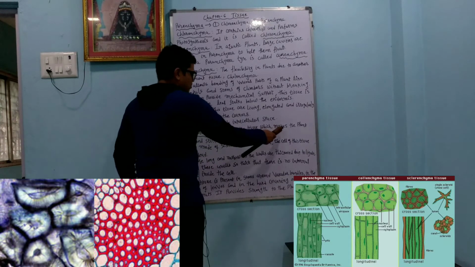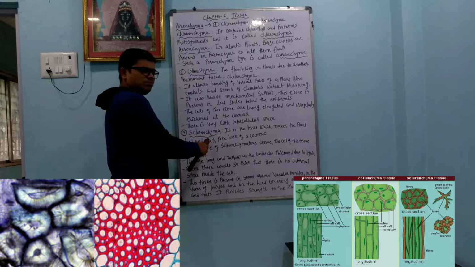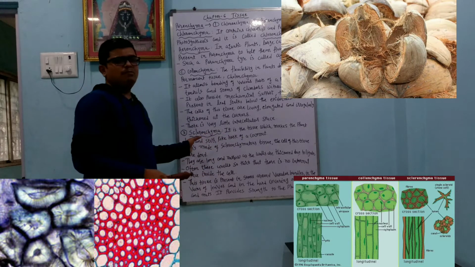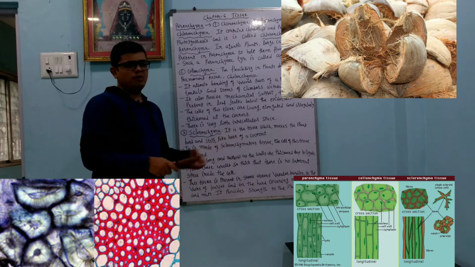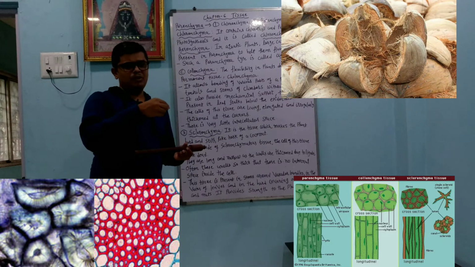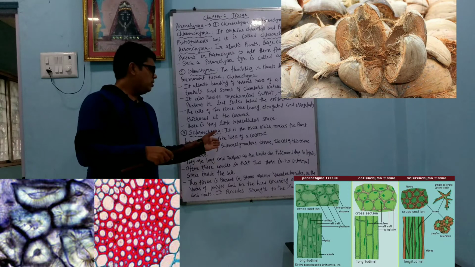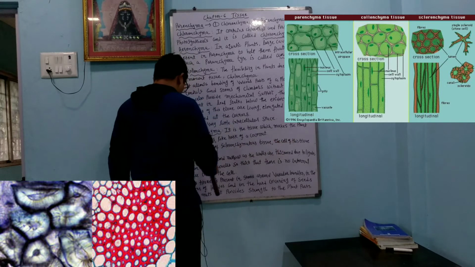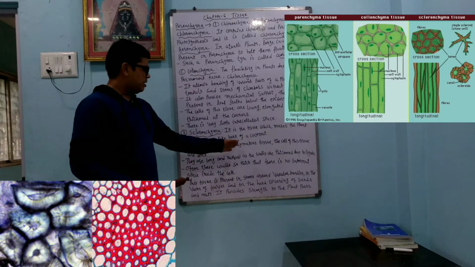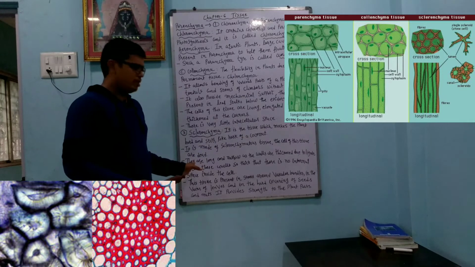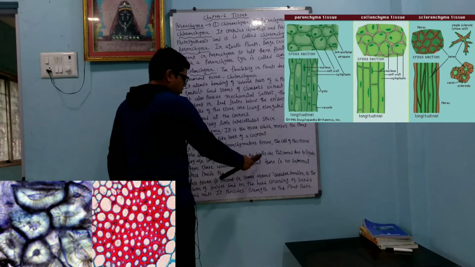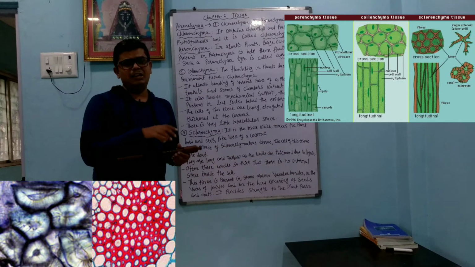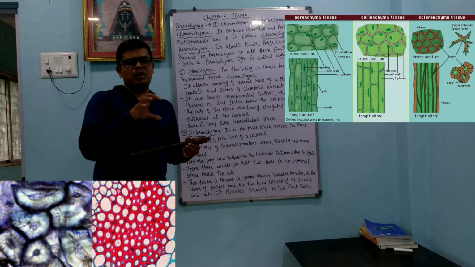Sclerenchyma is the tissue which makes the plant hard and stiff, very strong, like the husk of the coconut. The husk is what is present around the coconut. It is made up of sclerenchymatous tissue. The cells of this tissue are dead. They are long and narrow because their walls are thickened with lignin. Lignin is a type of organic polymer.